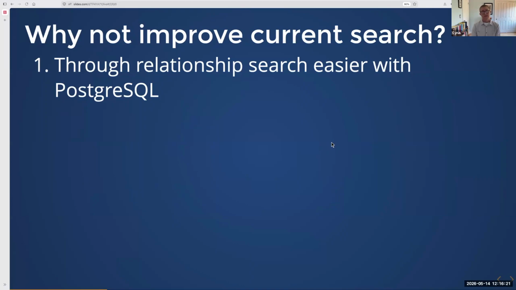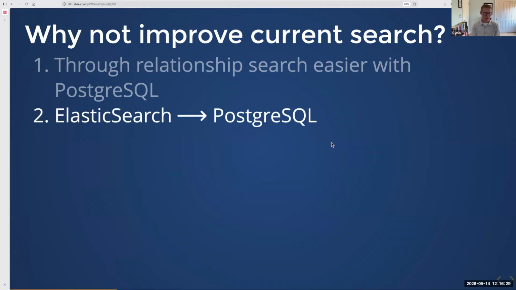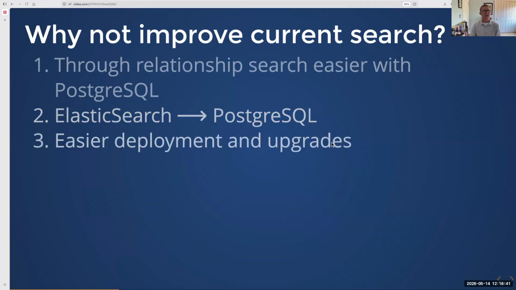So then we had to consider whether we wanted to continue with Elasticsearch or adopt Postgres as our search engine. And we decided to go with Postgres because of this issue with through relationship search, but also because